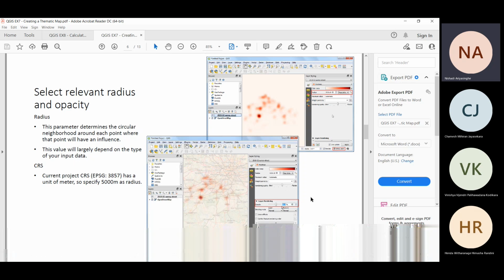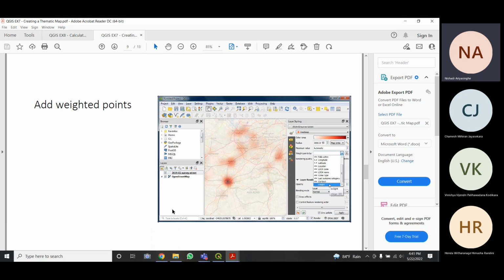And there's another way where you can enhance your heat map. It is by creating weights for certain attributes. Depending on the attribute that you are focusing on, you can create a weight for that attribute, right? Or you can use the field calculator with that weight, and then use those weights to create the heat map. You can enhance the heat map, or clearly visualize the heat map, right? How to do those things, I have included step by step in this handout,